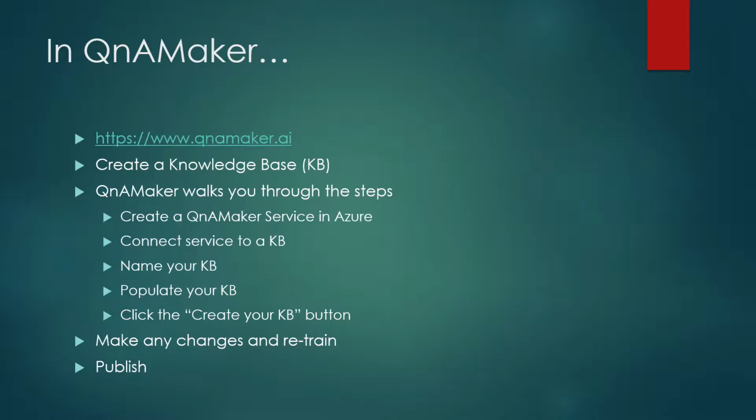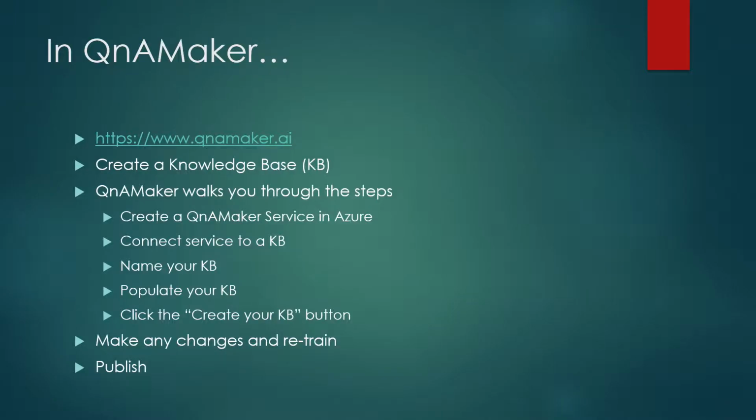Pretty simple. You make any changes to it over time as you get things, the bot will tell you what questions it received that it couldn't answer. And so you can then add those to your knowledge base, and then you retrain your bot, and it will get smarter over time. And that's human intervention. There's other ways to do it where through machine learning it will get smarter on its own without your intervention. So let me just break out real quick to my